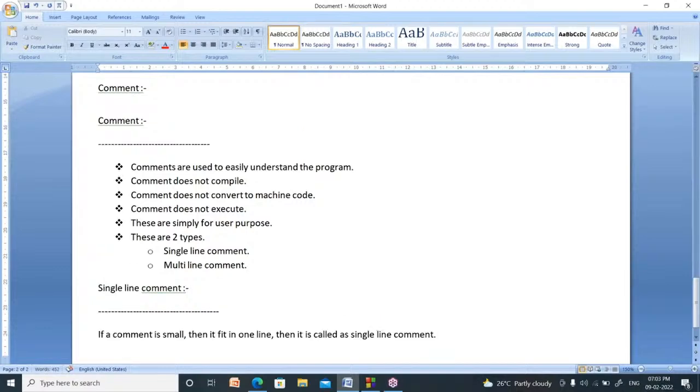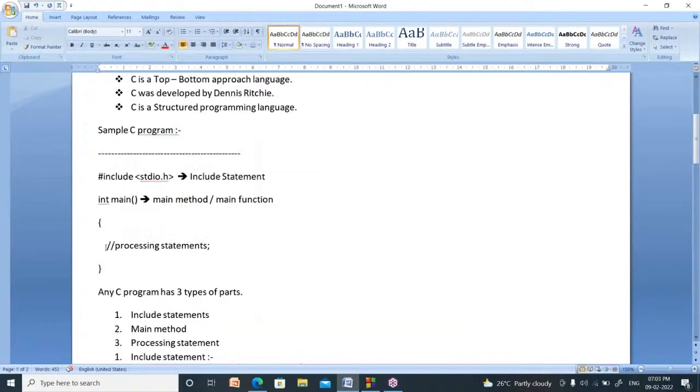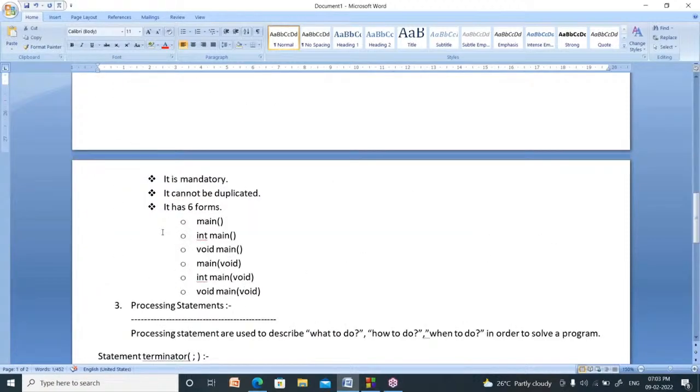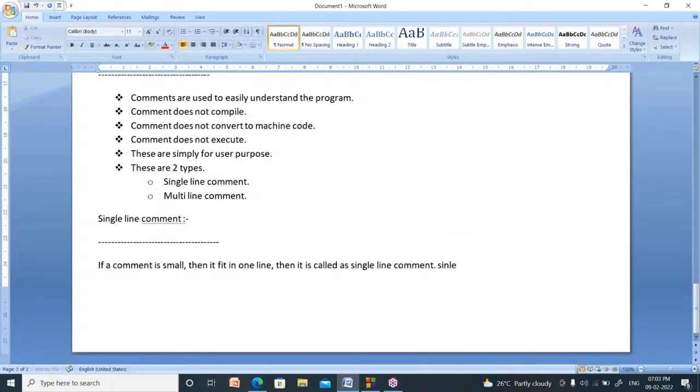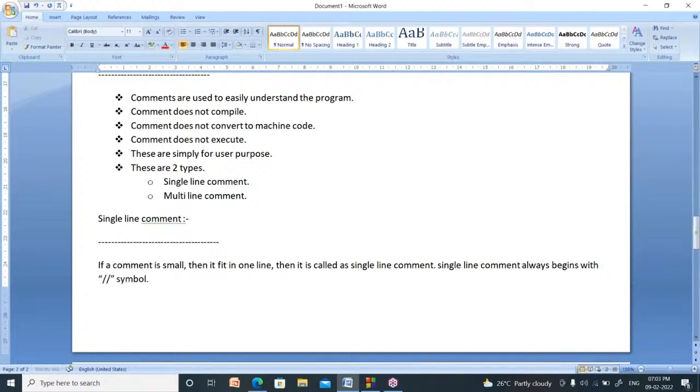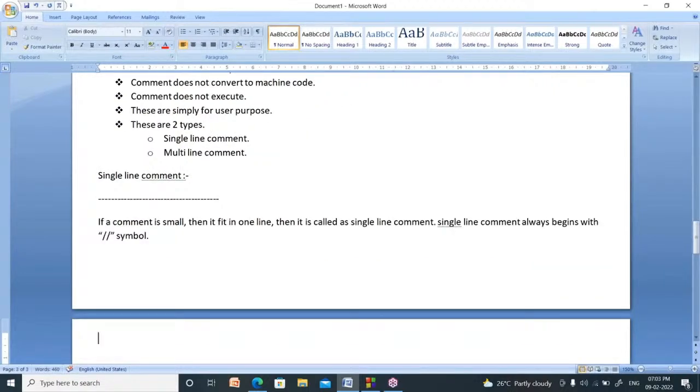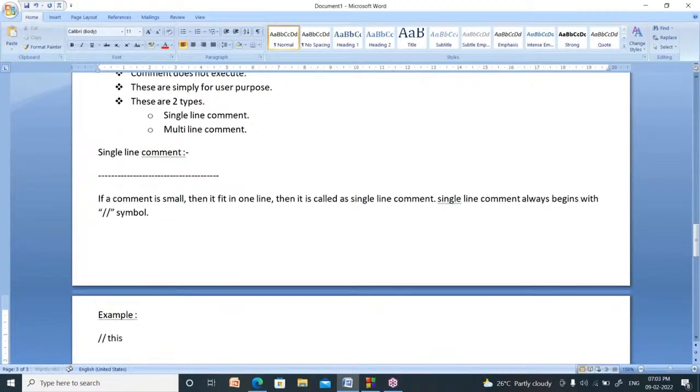Single line comment always begins with this symbol. What is that? Double slash, right? This symbol. So single line comment always begins with which symbol? This symbol, right? It always begins with the double slash symbol. Example, this is a single line comment.